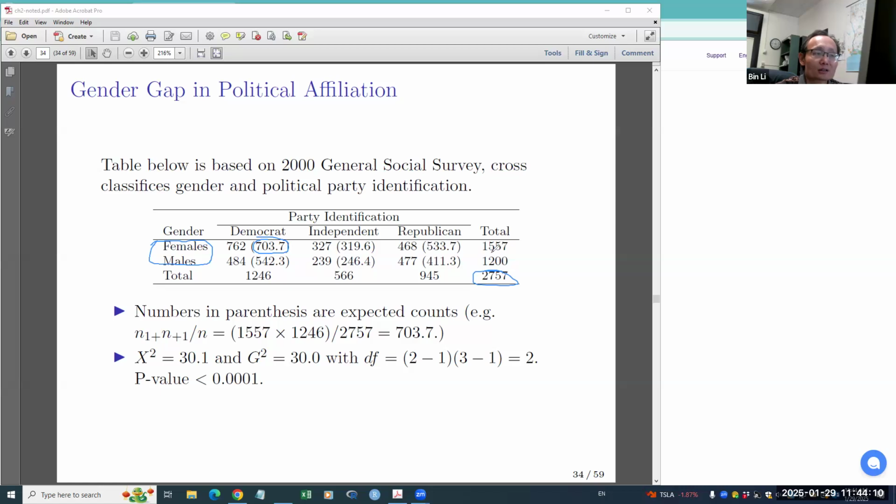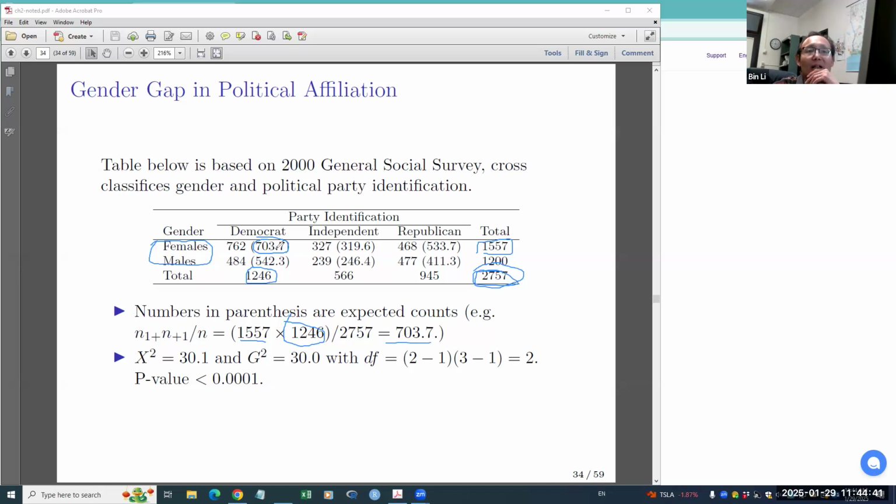So you go to the first row sum, that's 1557. Then you go to the first column sum, that's 1246. You multiply these 2, then divide by the total sum. And you got